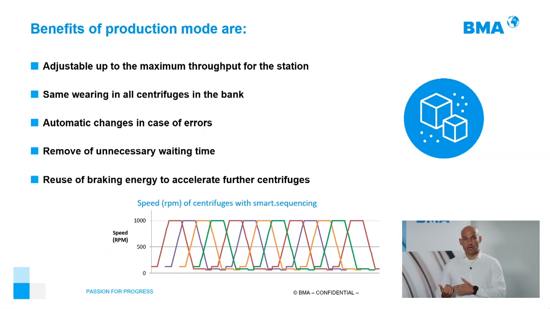As Eduardo told us, we will have the same cycles in all the machines in the bank. And that means that we will have the same wear in all the machines. Easy to maintain, less costs are other benefits of this point. Of course, if we have some issue in one machine and one machine is failing, it will automatically connect and share its status to the smart sequencing, and for the next iteration, this machine will be put down.